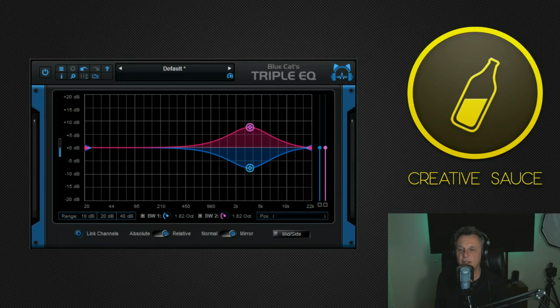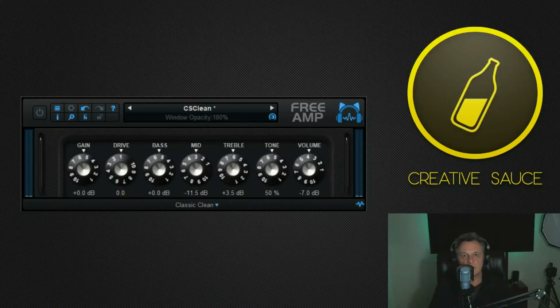Always a good idea to check in mono like that. So that's triple EQ. That's how I would use it. Let me know in the comments if you've got a different use for it at all, but a really cool plugin. So continuing with the same guitar part, we're going to look at the amp sim that you get in